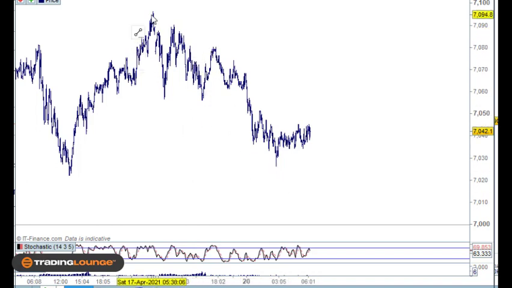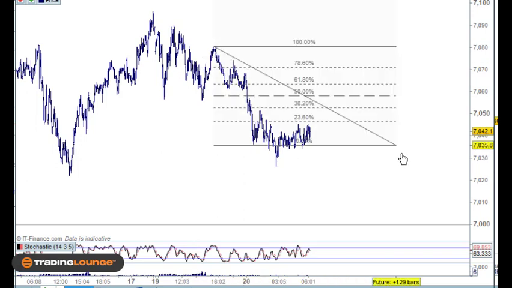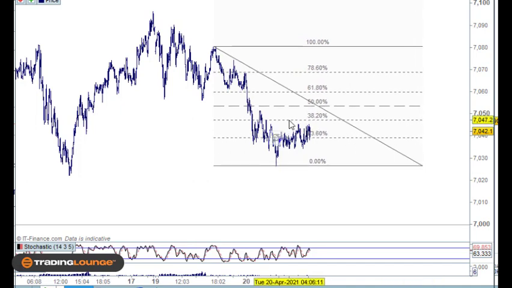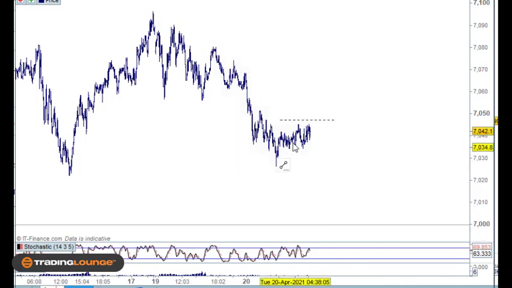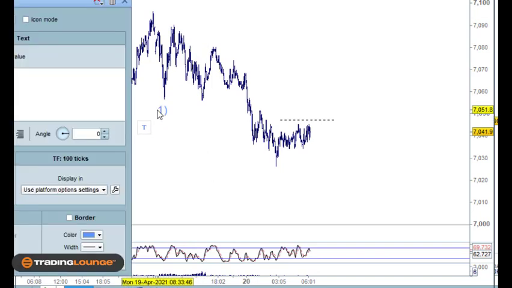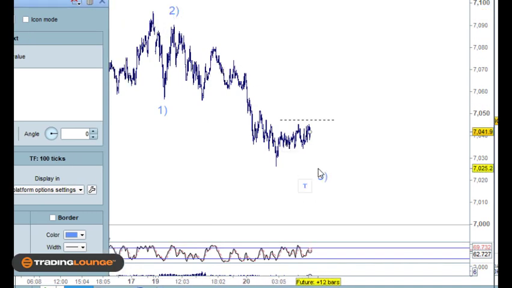So I suppose we could look at it as an A wave, a B wave and a C wave down to here, but it's more likely that this will be a wave 4, pulling back up to the 38.2% around this point. It may rally a little bit higher, but this is 1, 2, 3, 4, 5 here. I'm actually going to put this here as wave 1, and wave 2 there, and we'll need wave 3,